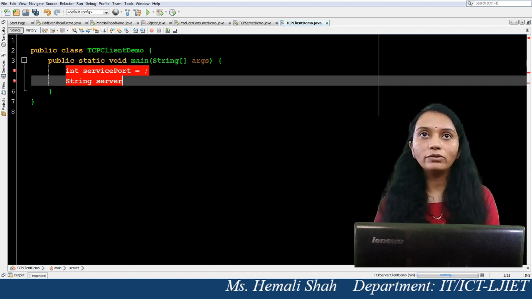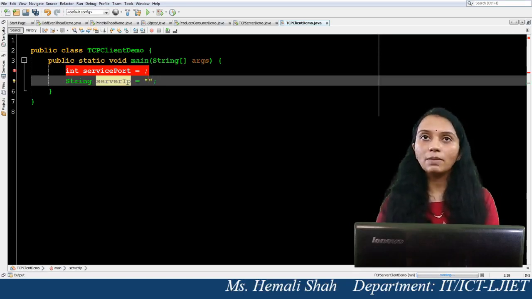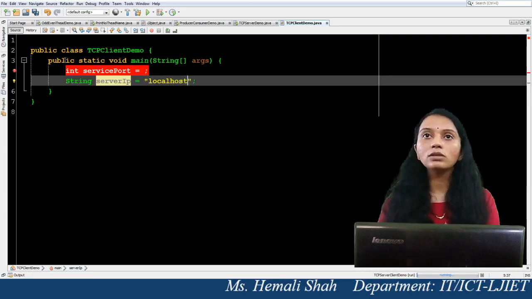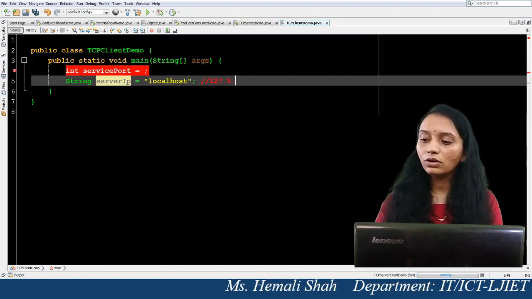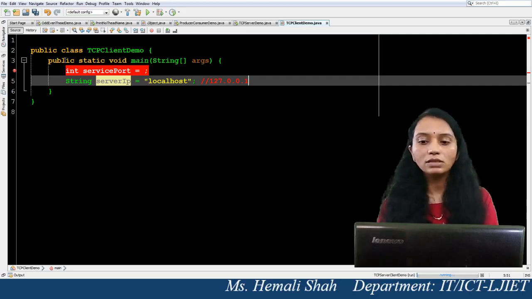In both the cases it is allowed. The server IP I am storing inside this serverIP variable. If you are running your program on the same computer, at that time you should use localhost here. It is a case-sensitive string name, localhost. Don't put a space and don't change the spelling, or you can use this IP address like this, 127.0.0.1. This is the IP address of the localhost computer. If you have the two programs on the same computer, you can use this IP address.